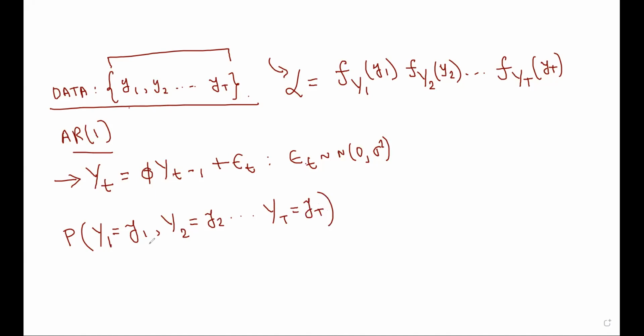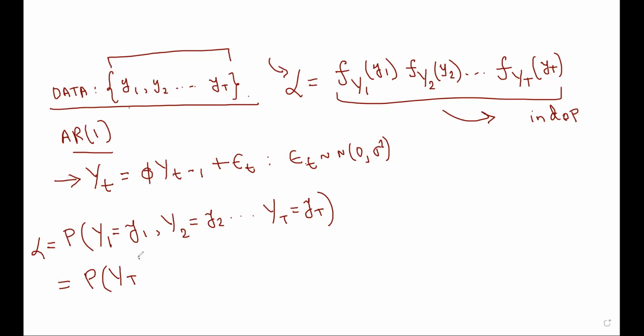But we don't really know. See, had they been IID, had they been independent, then I could have written this, right? But now the YTs are not even independent. They have some joint distribution. Of course, they are connected, right? YT is connected to YT minus 1, which means all the YTs are connected through time. In that case, how will you compute this likelihood function? Well, what you do is you use conditioning. So this can be written as probability of capital YT given